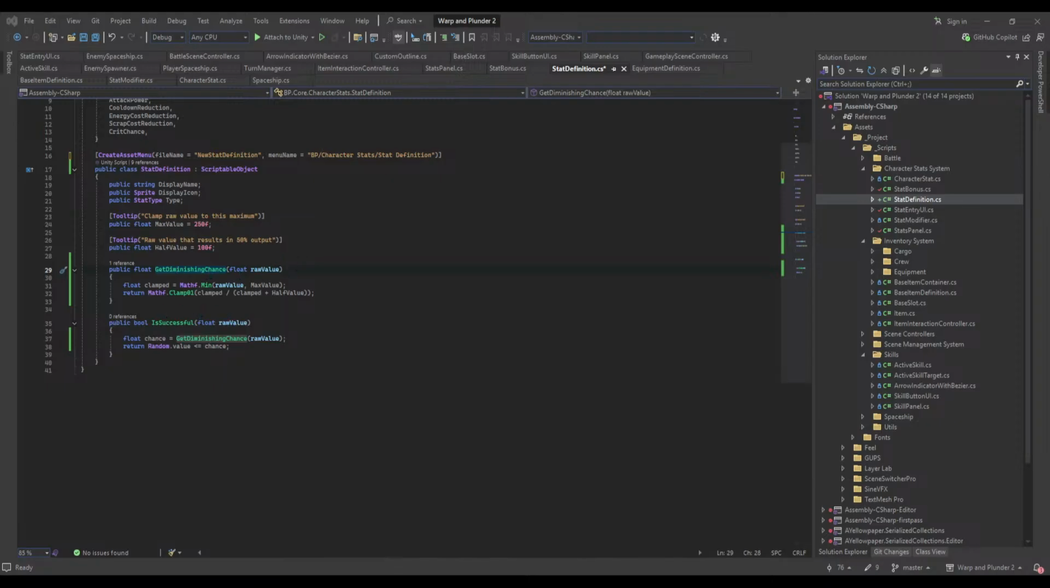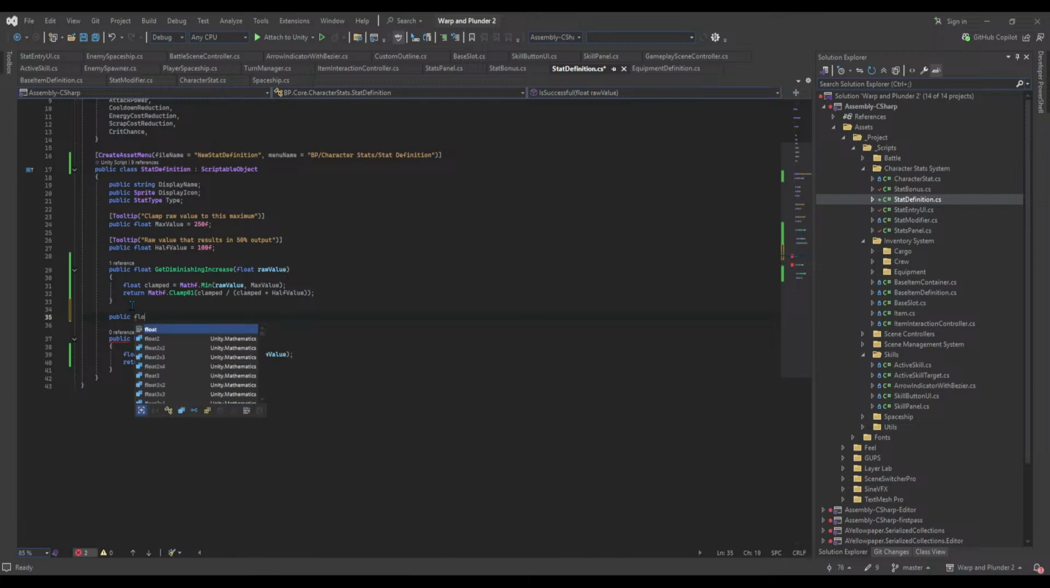Also, maybe we should rename the methods. So I'm going to call this diminishing increase. Get diminishing increase value, right? And then while we are at it, let's also add public float diminishing decrease,